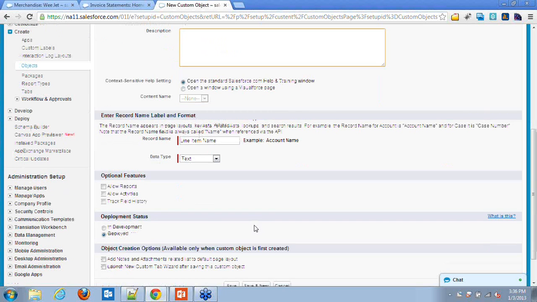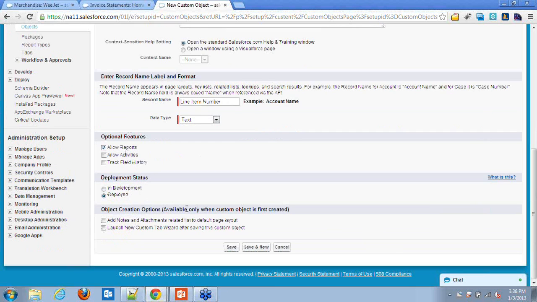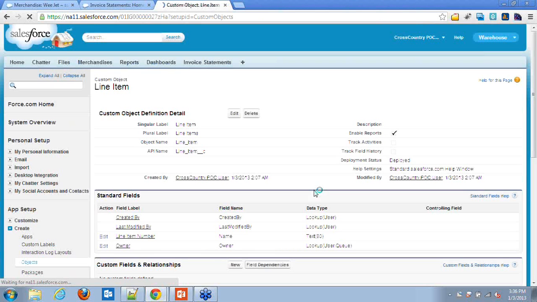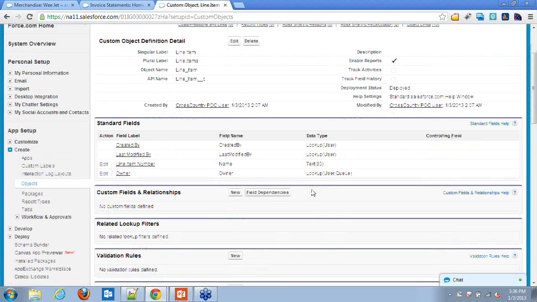For line item, we are going to keep this as a line item number, but still we'll keep it as text. We'll allow reports and then save. Your third object is created.